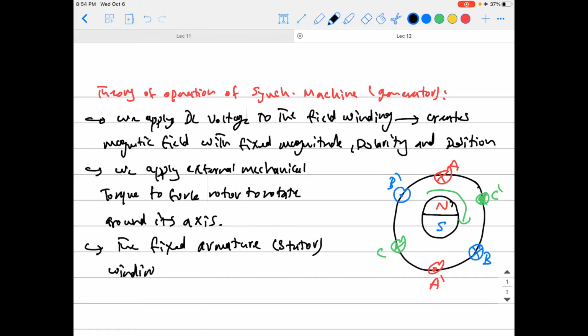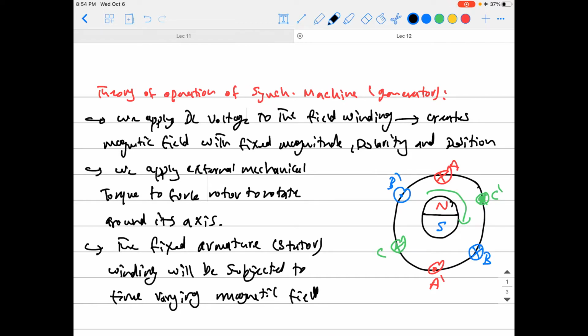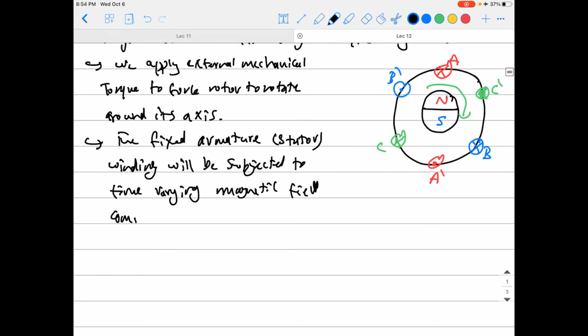The winding will be subjected to a time varying magnetic field coming from the externally rotated rotor poles. Okay, so the rotor poles have fixed magnitude, fixed polarity, but you are forcing them to